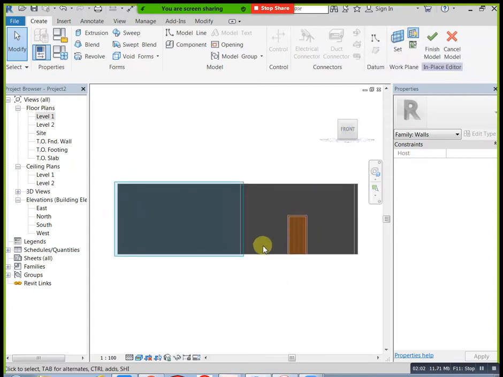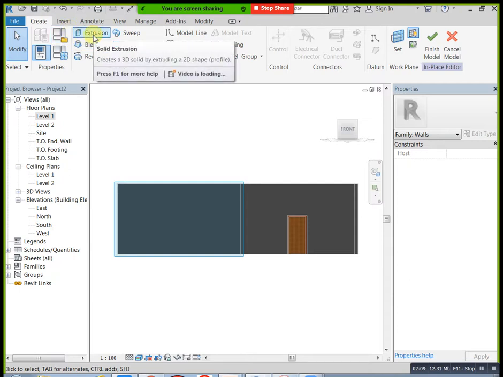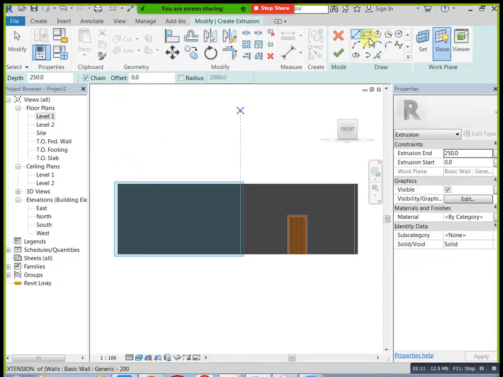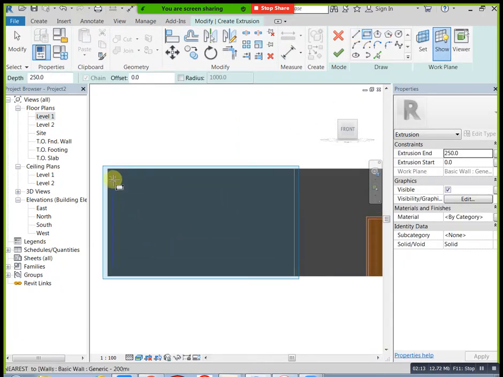Which type of design do you need? That type of design you can apply. For example, here I am creating one small design. First of all, from here to here, and you can apply 200, or otherwise some more, minus 400.